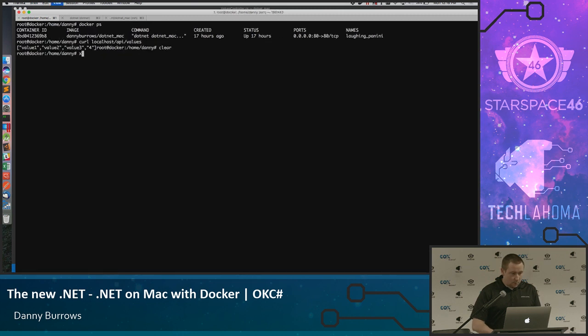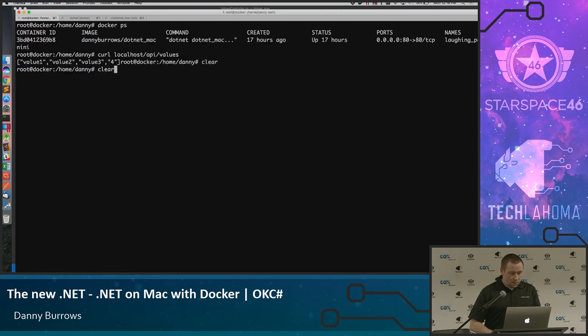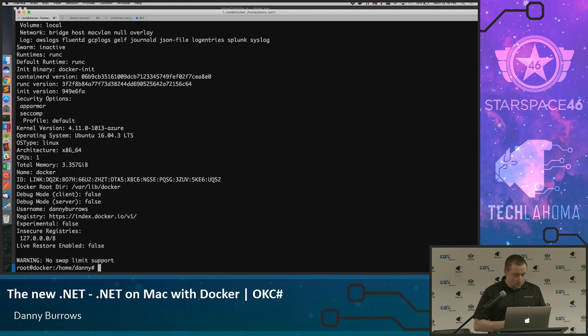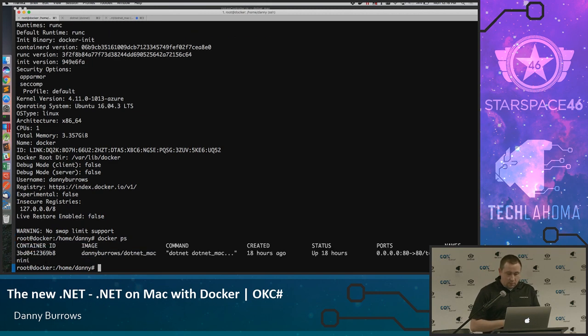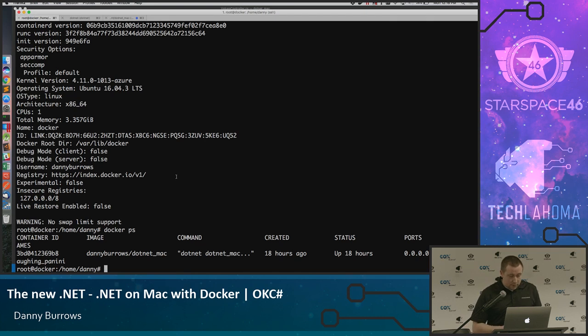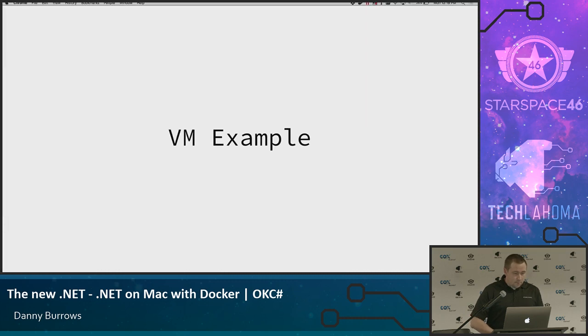So here I am logged into my machine. Okay, and I'm logged into Docker, and I'm going to look at what I have currently running. So what we see here is a container that I deployed last night, that was 18 hours ago, that is currently up and running, and the container itself installed on this machine is exposing port 80 on the machine to port 80 inside the Docker container. Inside of